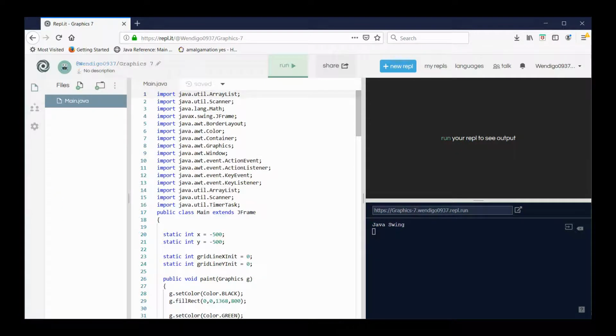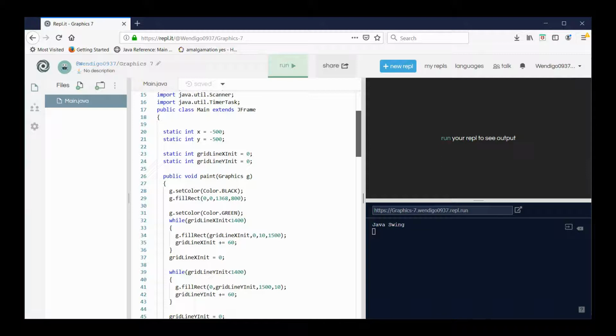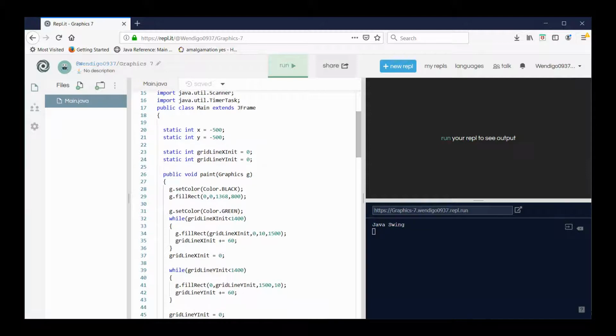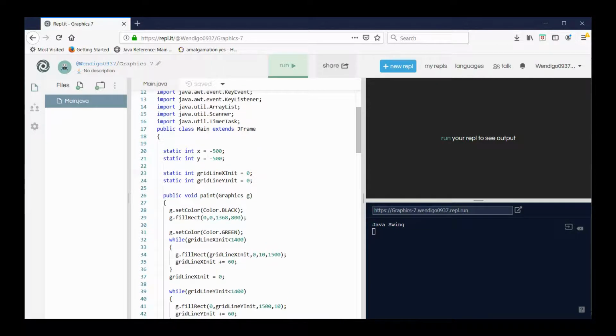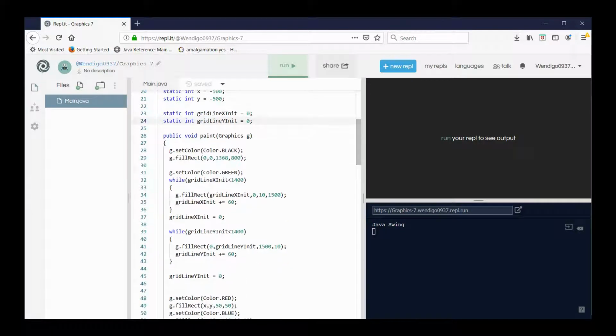Okay, I'm back. Here is the solution. Here are the differences between this and the old code. First, I'm going to show you the code that draws the grid lines. So I have these two variables declared and set to 0. I'm not going to bother reading out their names. Then I have the black background, and I make it fill the whole screen. Then I set the color to green, and while the x grid line variable, so I'll just call it grid x, is less than 1400, I fill a rectangle